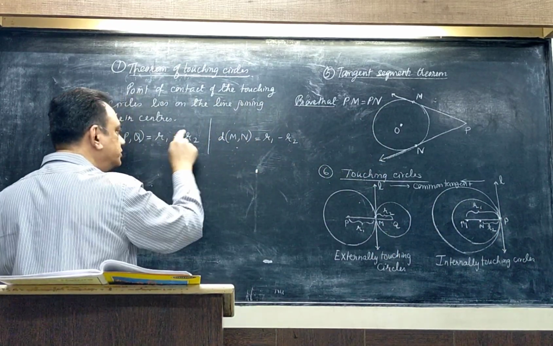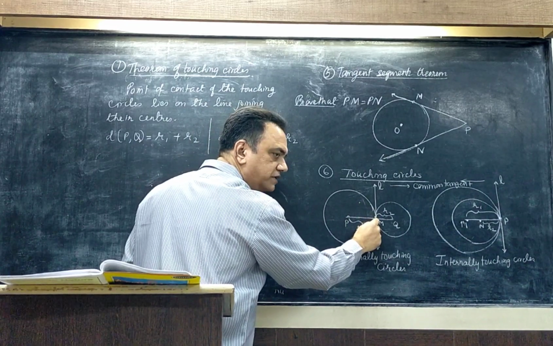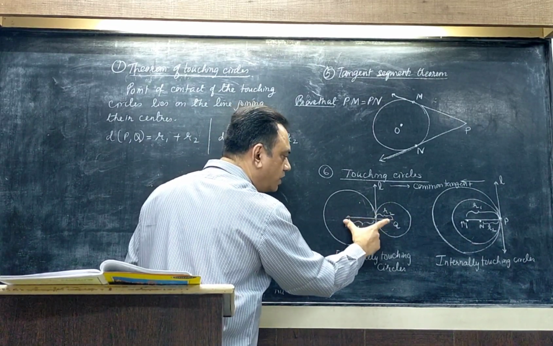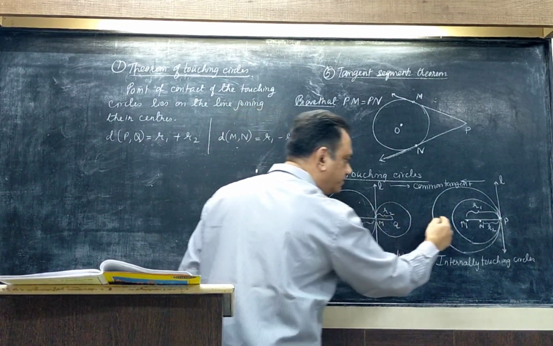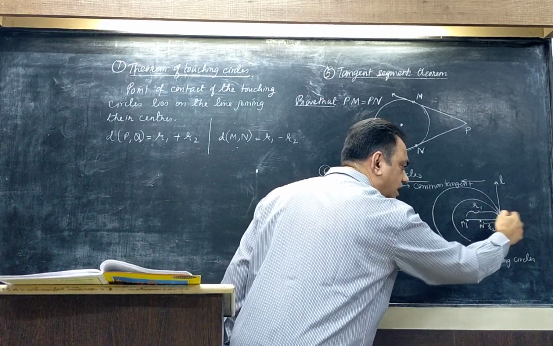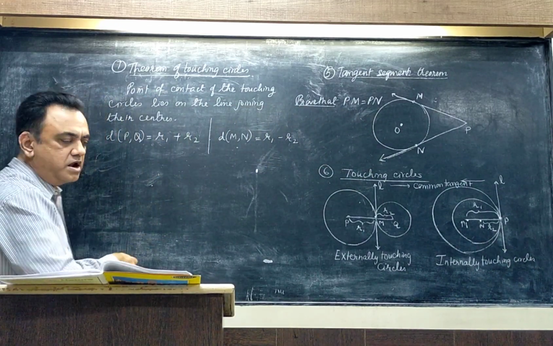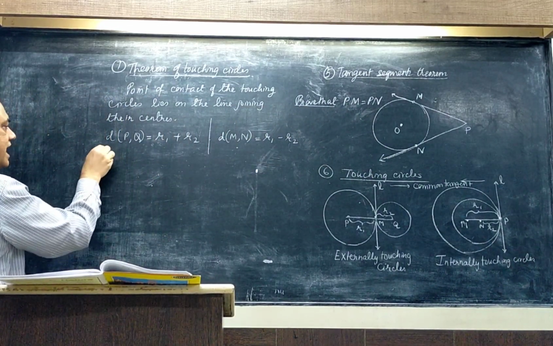Why can I come to this result? Because the point of contact of the touching circles is collinear with the centers of the circles. The point of contact lies on the line joining the centers of the circles. Next, I move on to the 8th point,